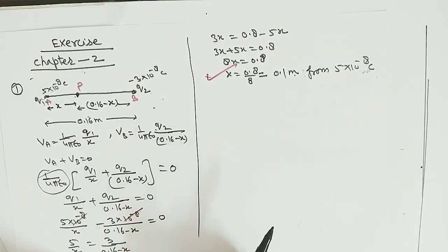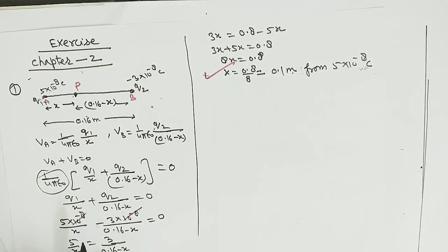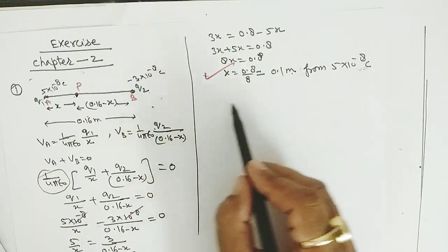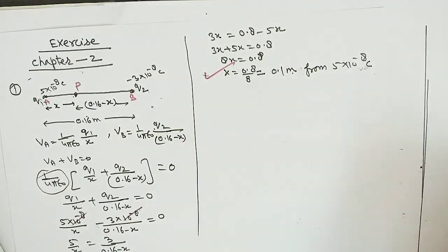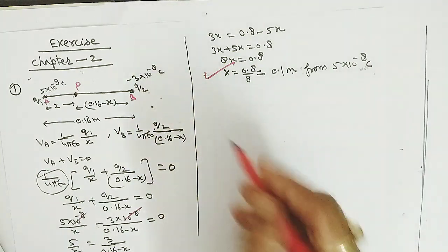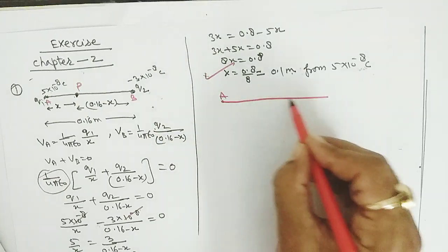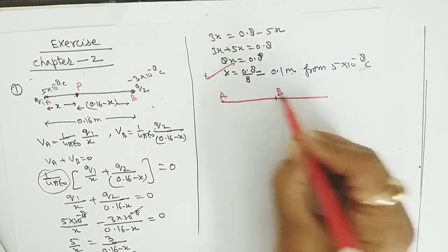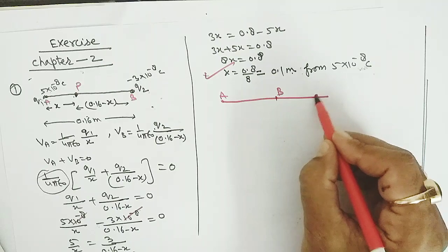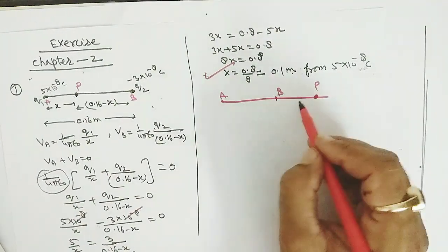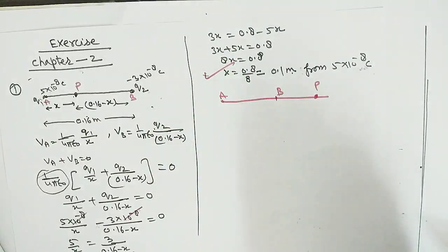Now it is also asked in the question, at what points. It means there is one more possibility for the P point. It may be outside of B also. I am making another diagram, that is another possibility. Suppose I am taking again this is point A and this is point B, and I am taking the P point outside of B. Okay, this is point P outside of B. So in that case, put the values.